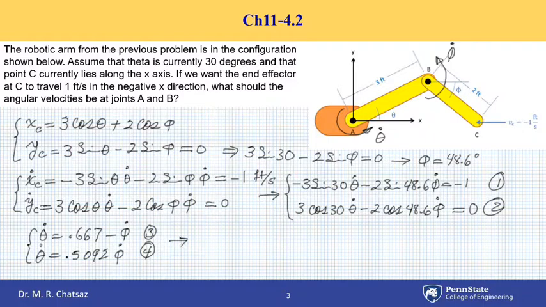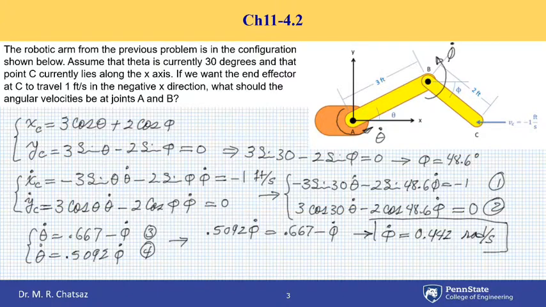If I do so, I will get 0.5092 phi dot equal to 0.667 minus phi dot, not theta dot but phi dot. So this equation will give us a numerical value for phi dot as 0.442 radians per second. And then if I plug this into equation number 4, I get theta